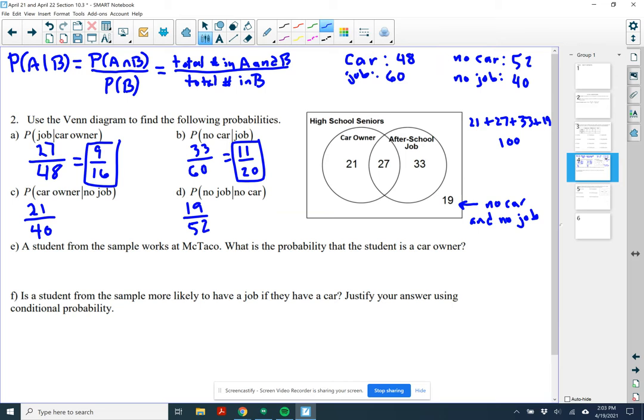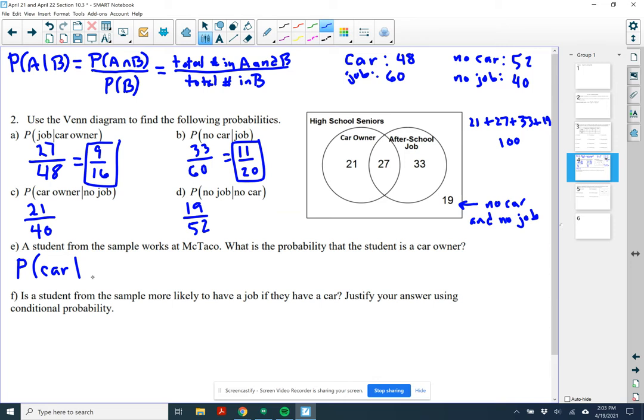Okay, part E, sorry. The student from the sample works at McTaco. What is the probability that the student is a car owner? So what are we looking at? We're told that the student has a job. So I want to know the probability that the student is a car owner